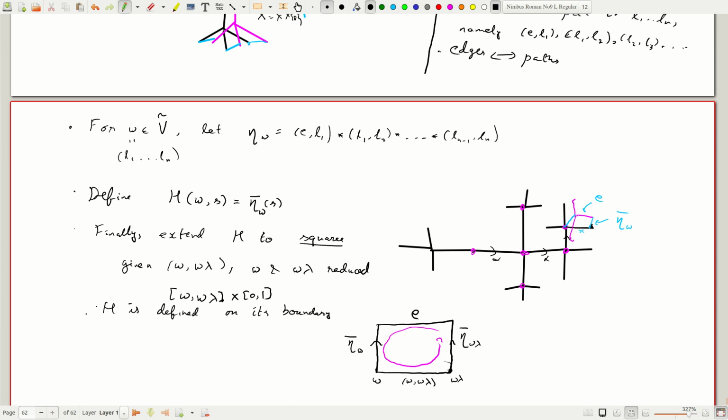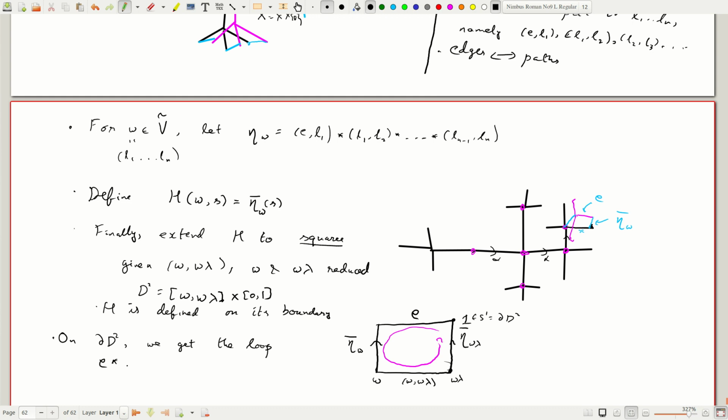Okay, so we'll give this square a name. We'll call it D2. It's a disk. On the boundary of D2, we get the loop. Let's call this point here maybe 1 in S1, which is the boundary of D2, and we identify the boundary of D2 with it. So what is the loop we get? We get first of all E, and now we get eta W bar but in the upward direction,